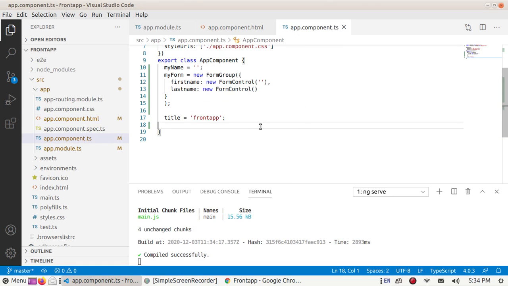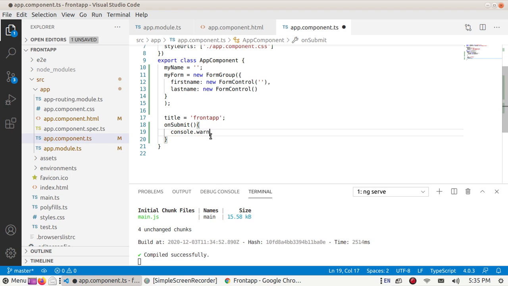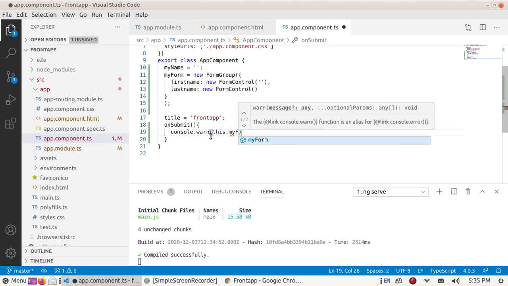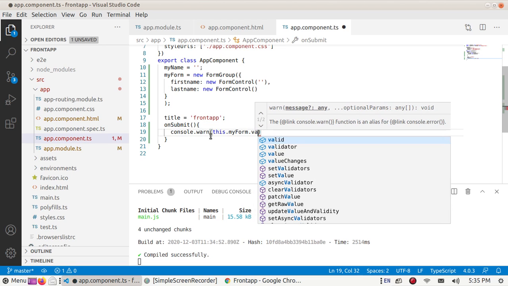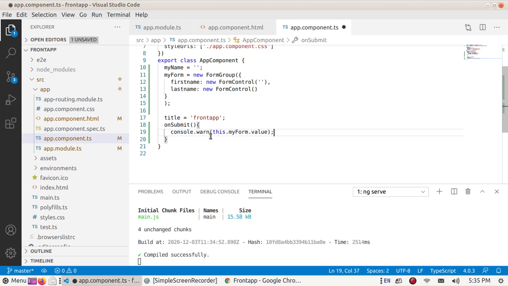now implement a method named onSubmit, and print the value in console.warn, this.myForm.value. Okay,